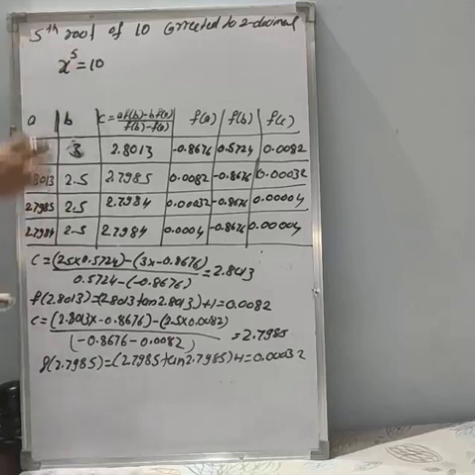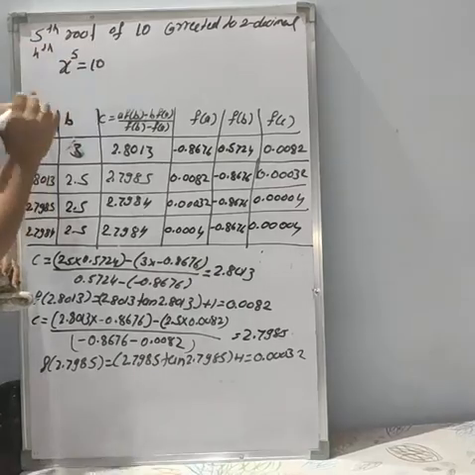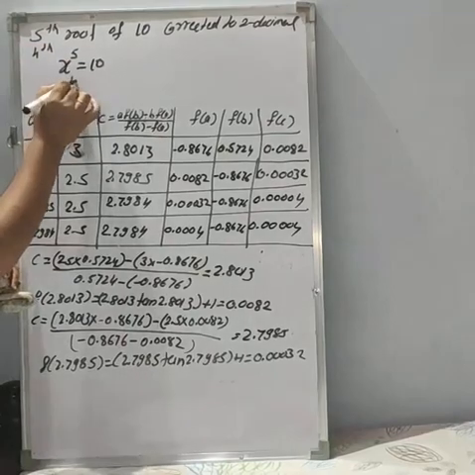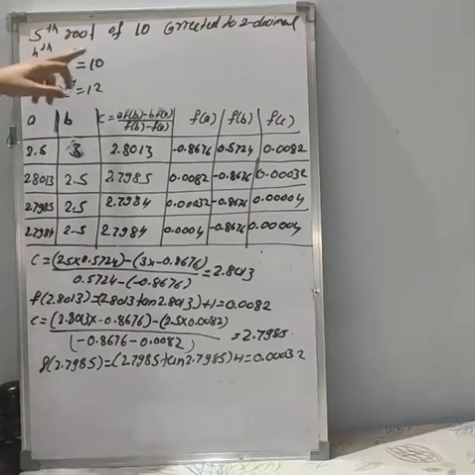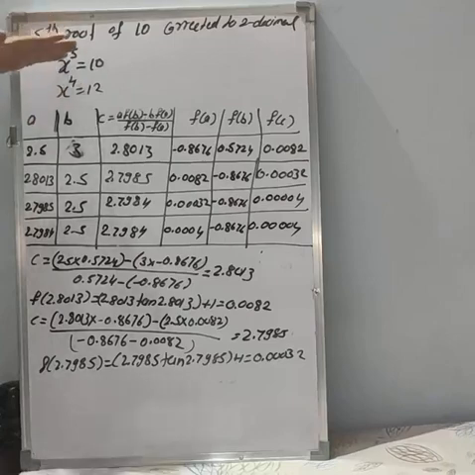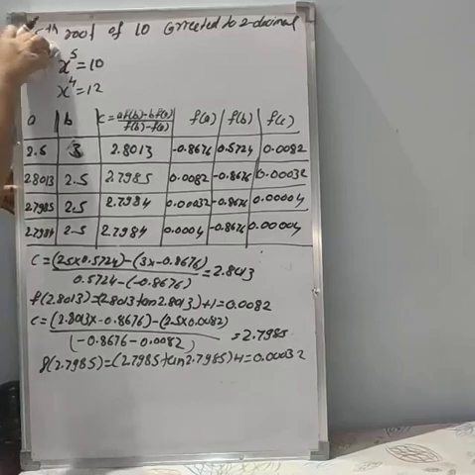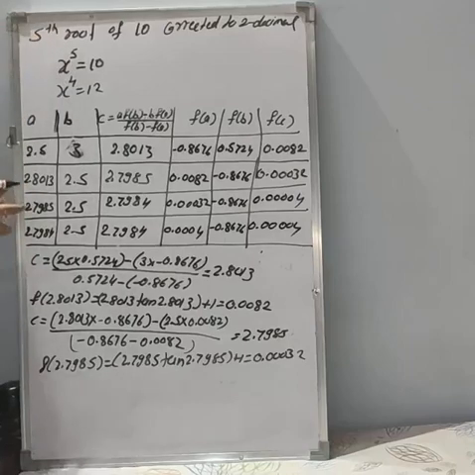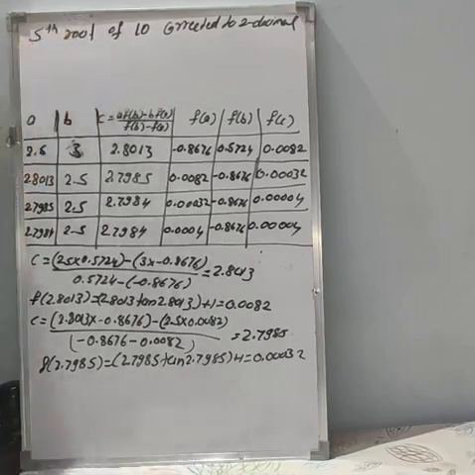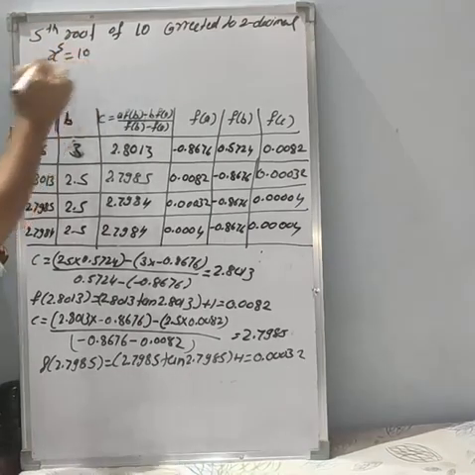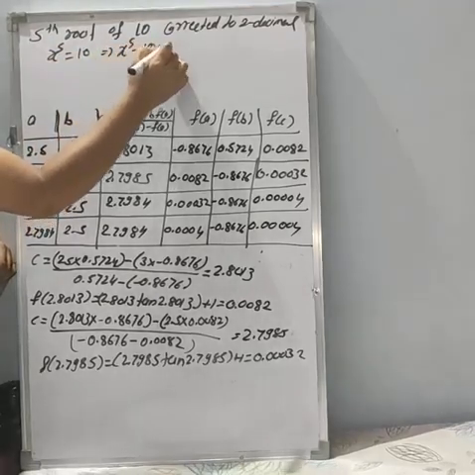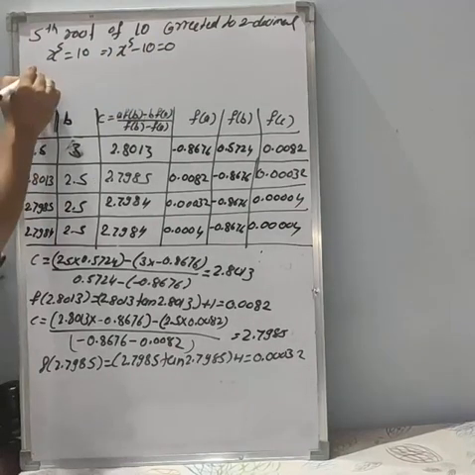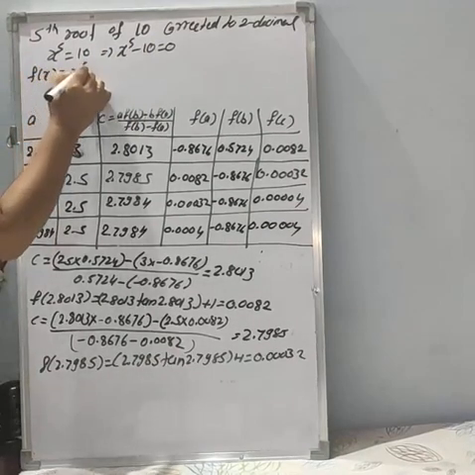So suppose they said fourth root of 12, then we have to consider our equation x raised to 4 is equal to 12, okay? But here they said fifth root of 10, so we have to consider x raised to 5 is equal to 10. Now we solve this equation, okay? To find the fifth root of 10, we have to solve x raised to 5 is equal to 10. So we can take this 10 on this side. What we will get? x raised to 5 minus 10 is equal to 0.